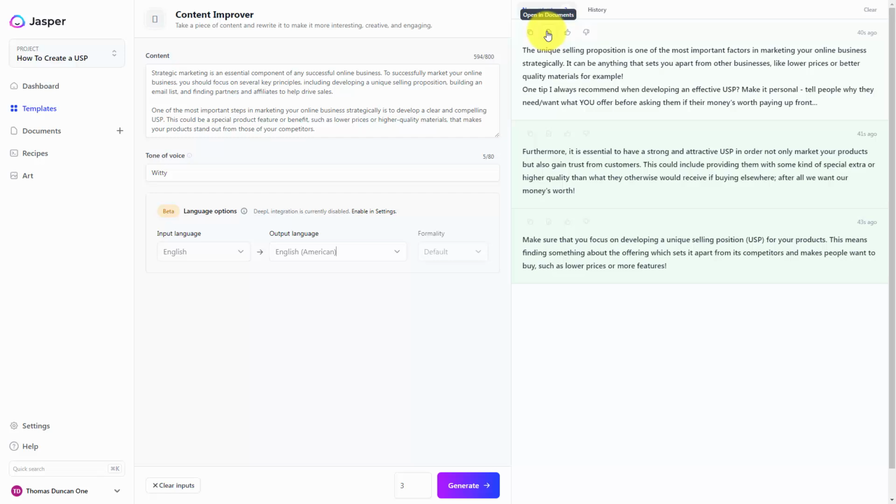If you have Boss Mode, you can open this content up in a document. Otherwise, you can copy it to make it available inside of your word processing software and then move on to the next